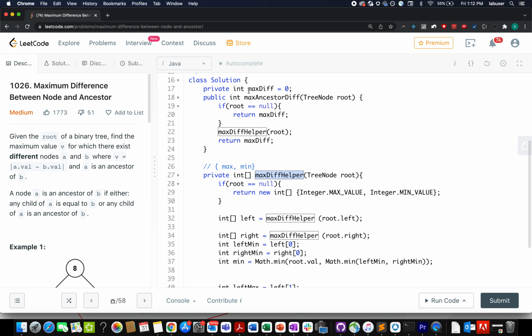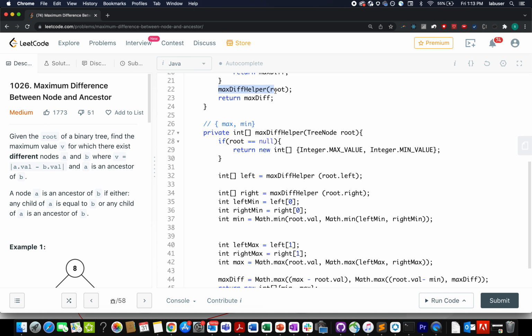Here I have defined a private maxdiff variable that will store the answer. Let's walk through the core method. If my root happens to be null, I simply return the maxdiff variable. Otherwise, I go ahead and iterate through the maxdiff helper method that I have created. In the end, I'll return the maxdiff variable. The maxdiff helper method is responsible for updating the maxdiff variable appropriately. So the problem reduces to writing this helper method.